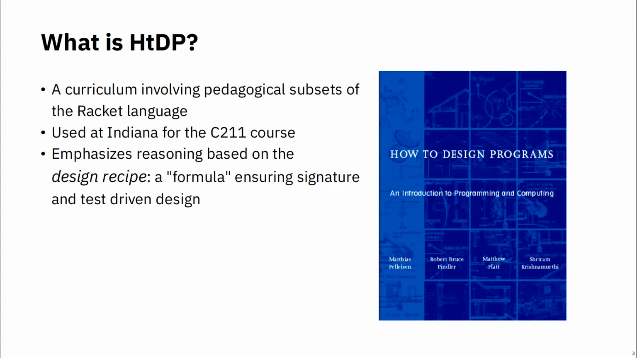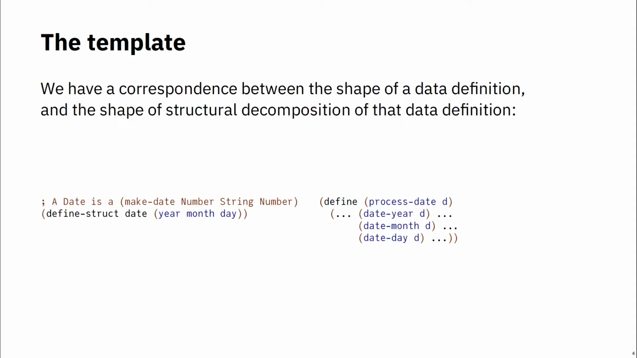We just talked a lot about the flaws of going from prescriptive to non-prescriptive design recipes. I'm talking strictly about the prescriptive design recipes because I'm making a computer do it. So, the key observation of How to Design Programs is that we have this thing called the template, which is that we have a correspondence between the shape of our data definition and the shape of structural decomposition on that